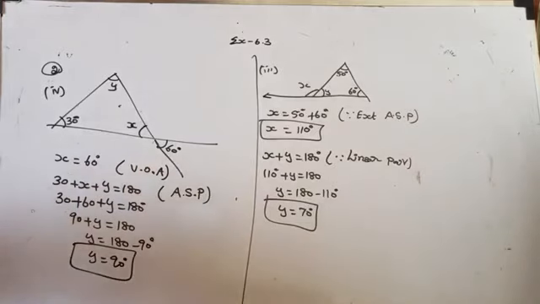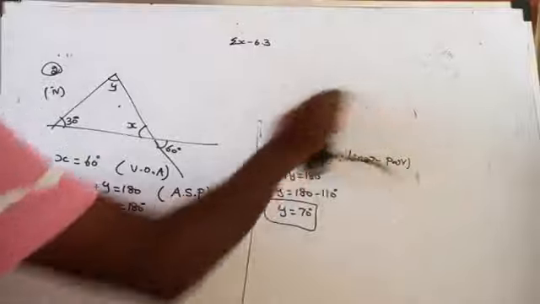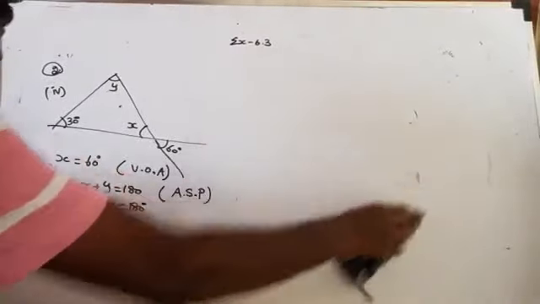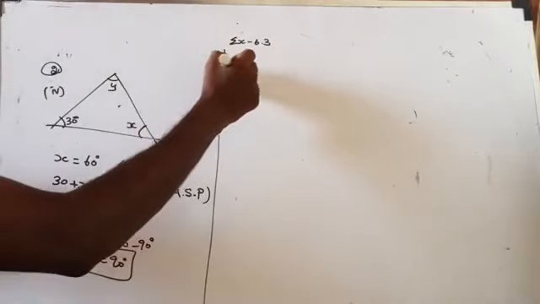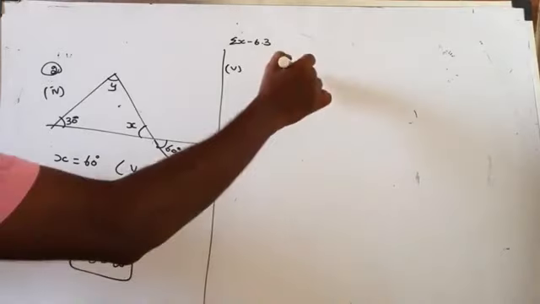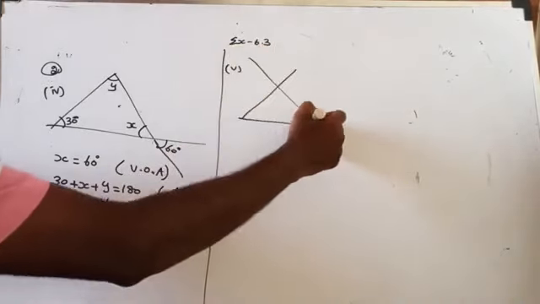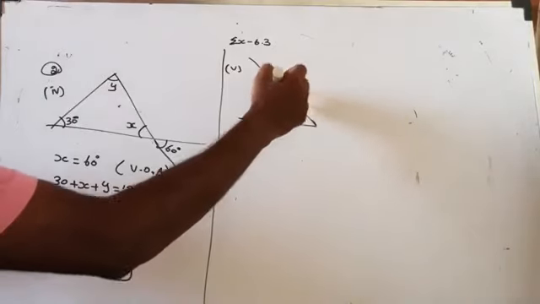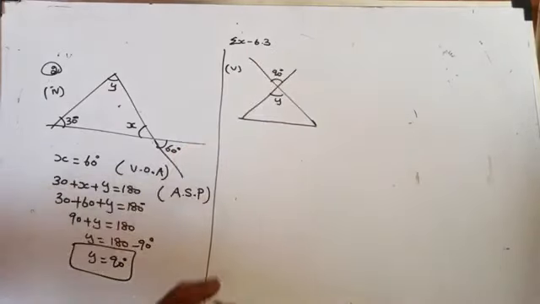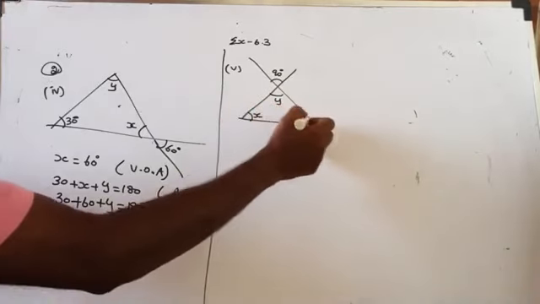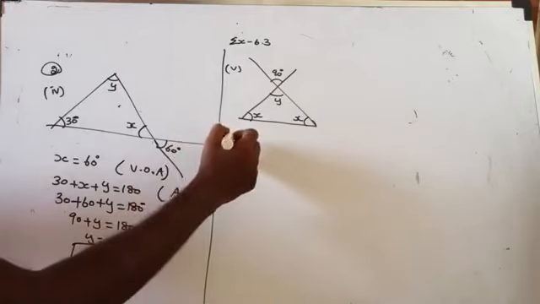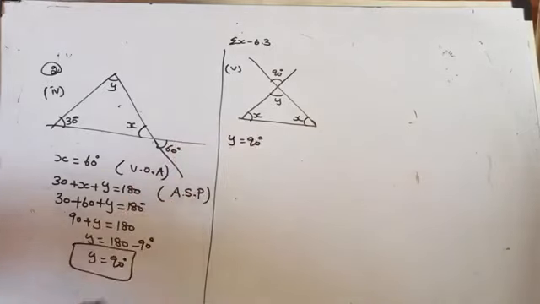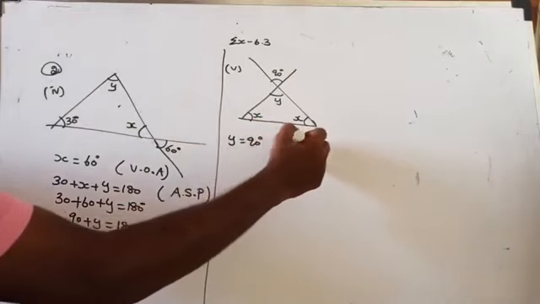That is the fifth part. It's a triangle. It's y, it is 90 degree. The base angles are given as x and x. Two base angles are equal. Now we can tell the value of y. Can you tell me the reason why? Yes, y equals 90 degree since vertically opposite angles.